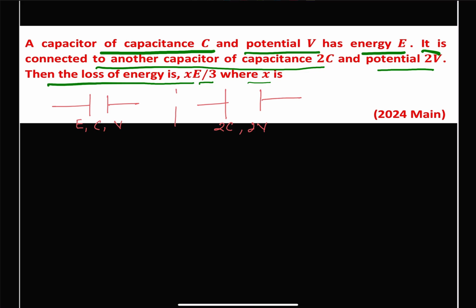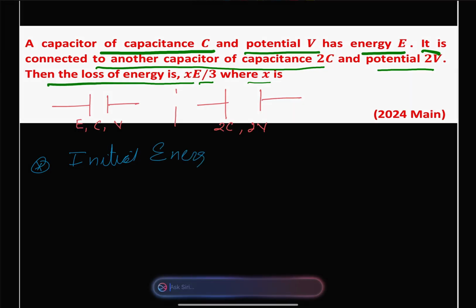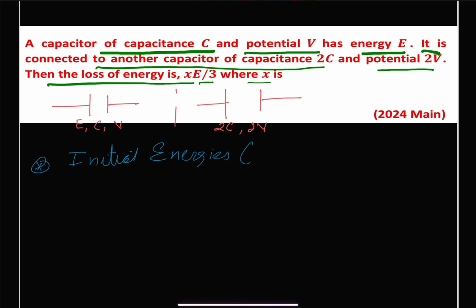Okay, so this can be divided into two parts. First will be initial, that is without connection, and then it will be with connection. So let us call this as initial energies, or we can say without connection. And for that, let us call this as C1 capacitor and this is C2 capacitor. So we can say for C1,